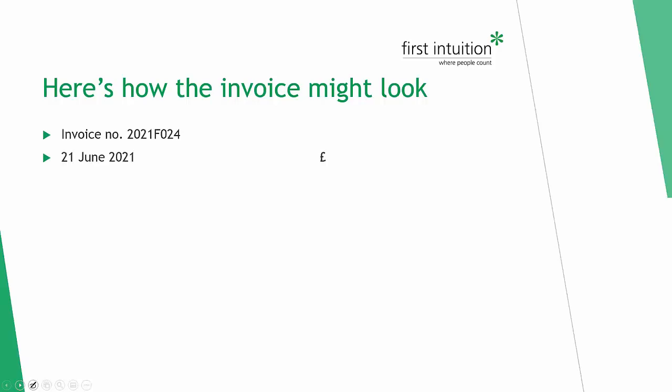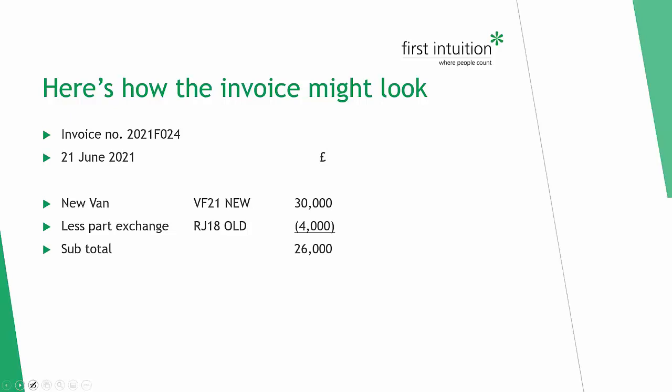Invoice number, invoice date, new van, VF21NEW, not the most original, I grant you, £30,000. That is the cost of the new van. Less part exchange RJ18 OLD, oh dear, £4,000, leaves a subtotal of £26,000. VAT on that is £5,200, which leaves a balance payable of